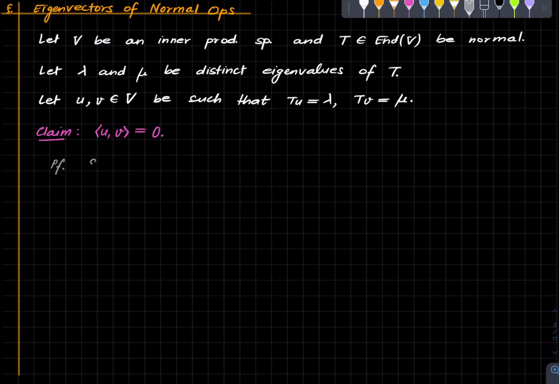Say lambda is non-zero. Why can we assume this? Because lambda and mu are distinct, so at least one of them has to be non-zero, and we can just work with the non-zero one. Without loss of generality, we may assume that lambda is the non-zero one. Both may be non-zero, of course. Okay, so now we have